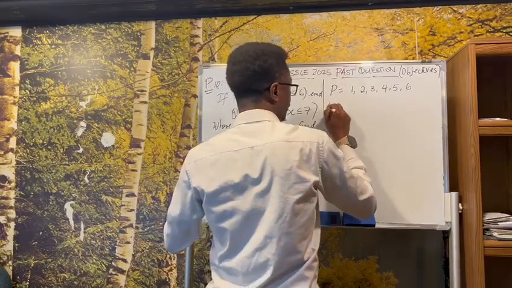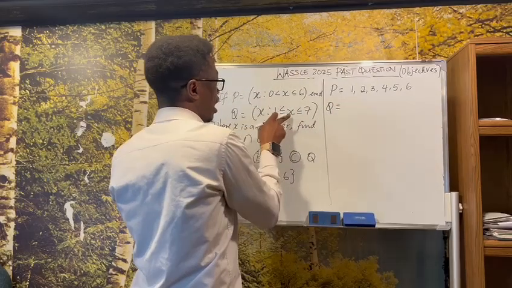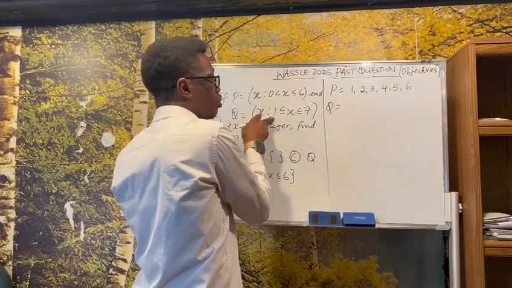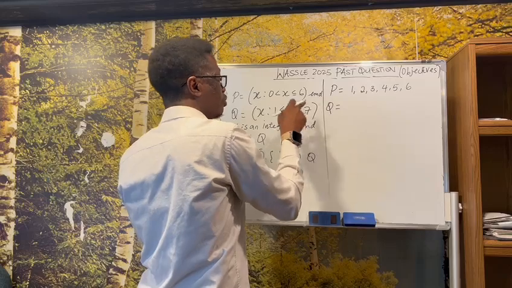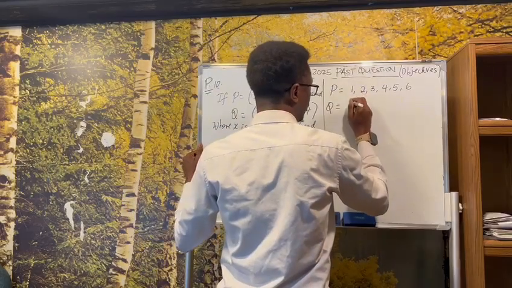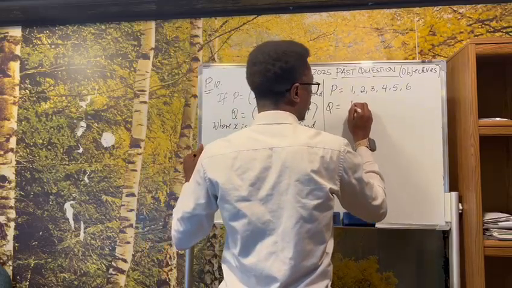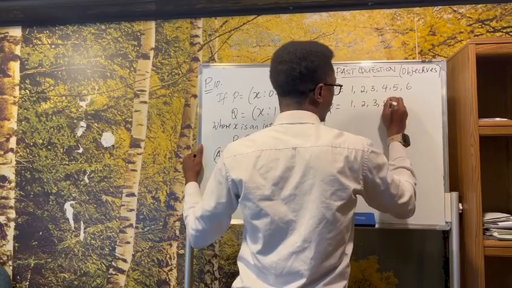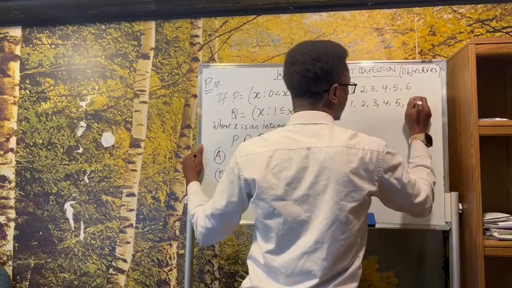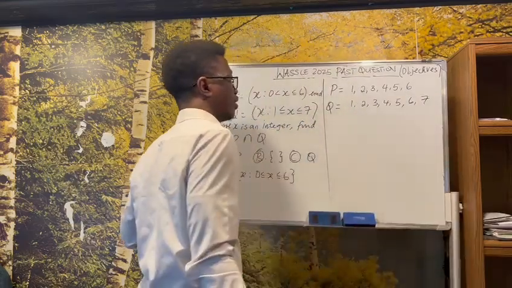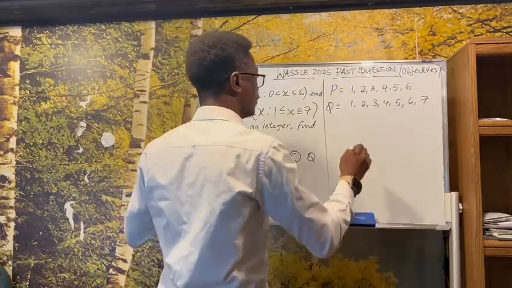Now for Q, it says x is greater than or equal to 1, but less than or equal to 7. So we start from 1 here, because you see this. Then we go 2, 3, 4, 5, 6, and 7. Now if you draw a Venn diagram,